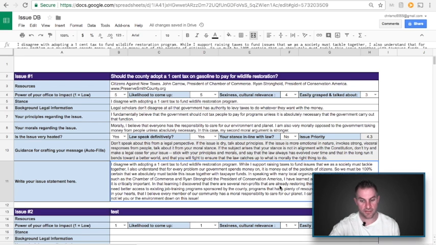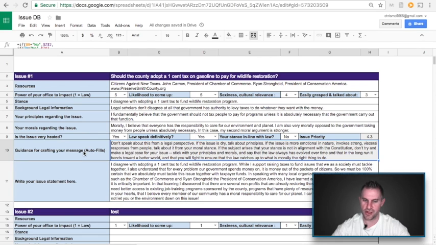So in that learning, I discovered that there are several nonprofits that are already restoring these wetlands and that they simply need better access to already existing job training programs sponsored by the county, programs that have plenty of resources available currently. Please know in your hearts that I believe every member of our community has a moral responsibility to care for our planet. I carry that responsibility with me and will not let you down or the environment down on this issue. So you can see it's a good mix of principles, morals, and the people and organizations that I've spoken with that are listed in my resources. So that's how you tie it all together per the guidance that's provided here.